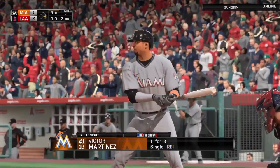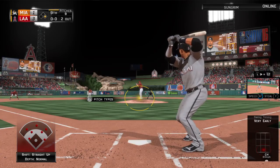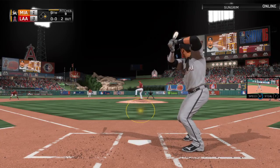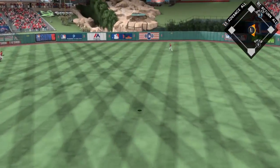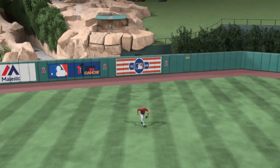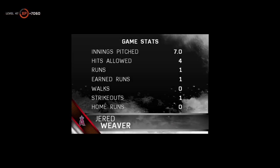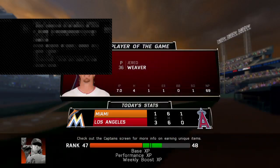Victor Martinez makes his way to the plate, needing to make something happen. They're down to their final out in the 9th inning. He's ready. Here's the first offering. And this ball swung on and hit to center field, and this should do it. Hamilton is there, makes the catch, and the ball game is over. And guys, the Angels were fortunate here to get a terrific start out of this man, Jared Weaver. He's our tops player of the game. Yeah, I thought he really...